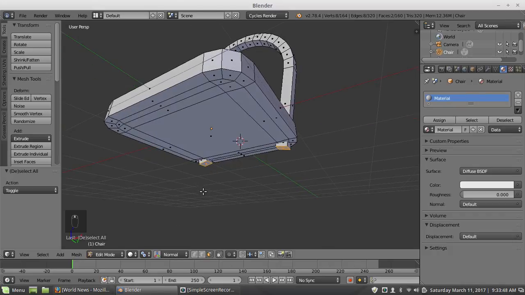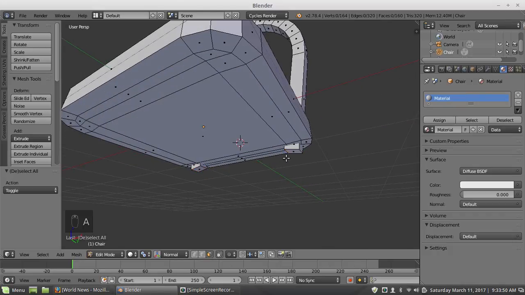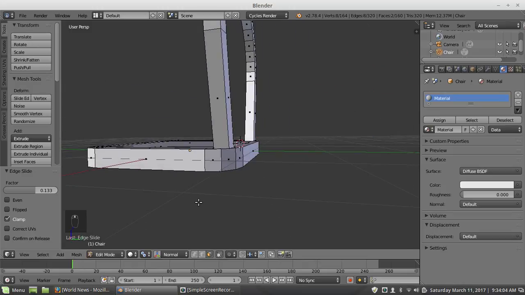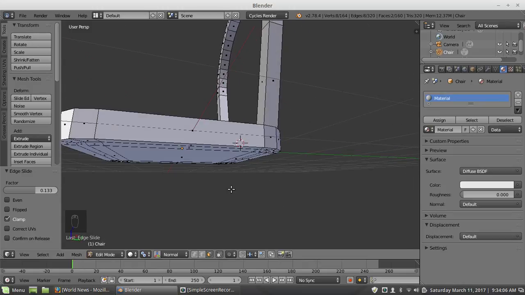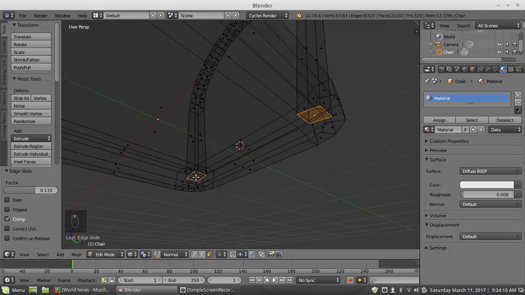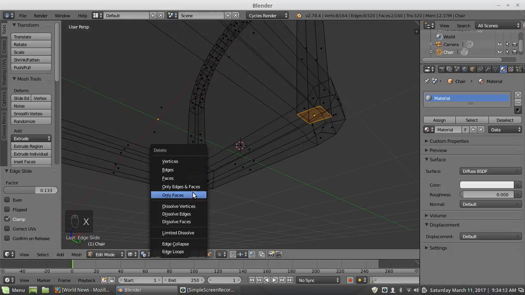I don't know why it's being weird. It's being weird. Okay. I might be able to do loop slide. Yeah, I'll just do an edge slide there. What you want is the bottoms of those to be inside the chair. And since those faces are inside something, I am going to delete them.